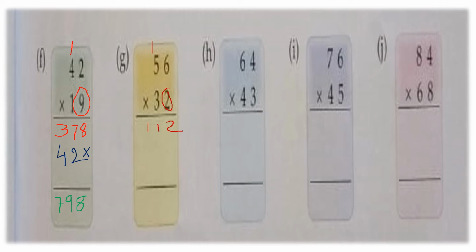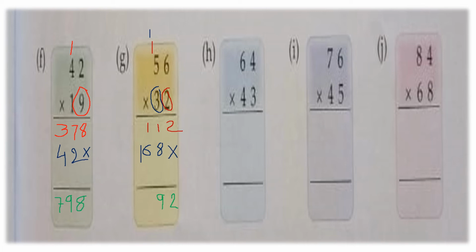Then children, the number at tens place is 3. You can see here. Now 56 multiplied by 3. Now leave this ones place and start from the tens. 3 times 6 is 18. So 8 here. Again 1 carry. Now 3 fives are 15 plus 1 carry is 16. So 6. Now add these products. So 2, 1 plus 8 is 9.